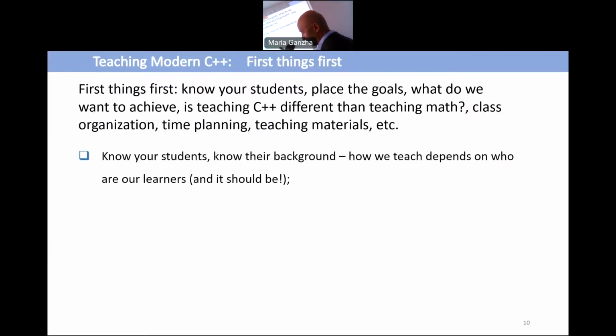So going into details of these important issues at the beginning, especially the background of the students is very important. If they already had some classes in any other programming language, or they just start, even their background in math is also crucial here.